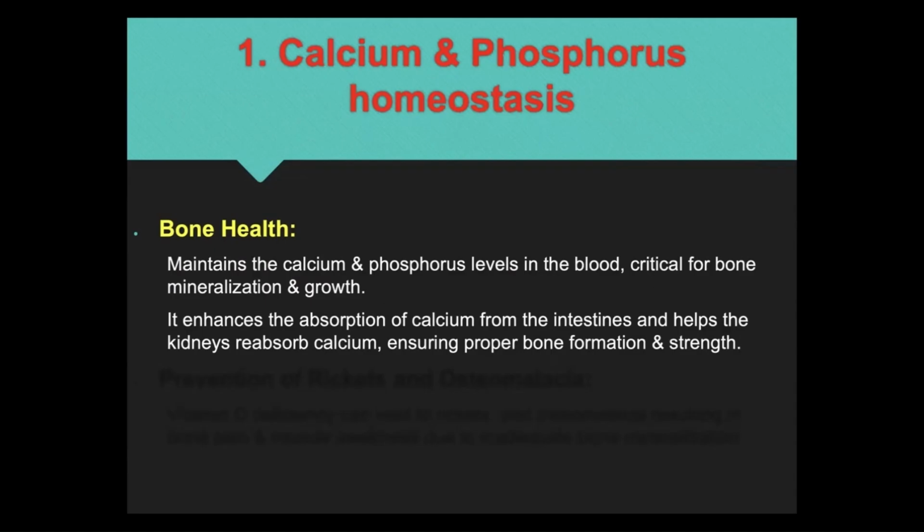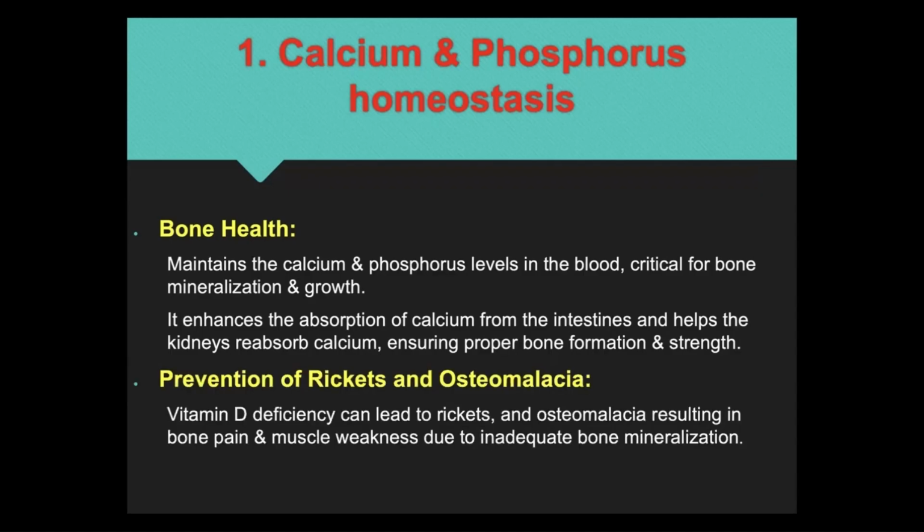and strength. So you have seen that on the one hand, it absorbs from the intestine, and secondly, it prevents excretion in the kidney, so it reabsorbs the calcium and tries to maintain the serum calcium level and give strength to the bone. Prevention of rickets and osteomalacia. Vitamin D deficiency can lead to rickets and osteomalacia, resulting in bone pain and muscle weakness due to